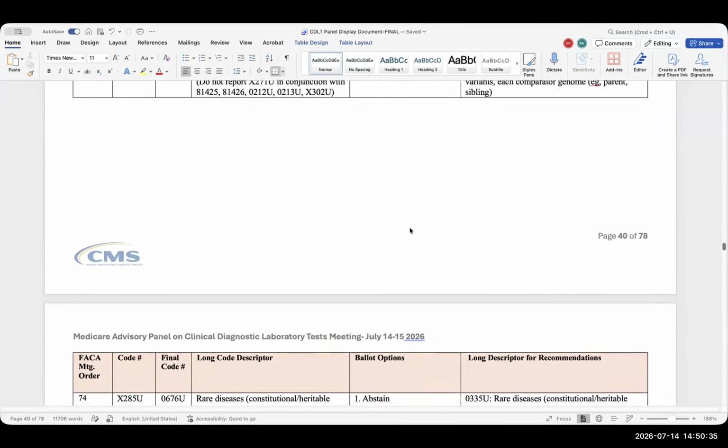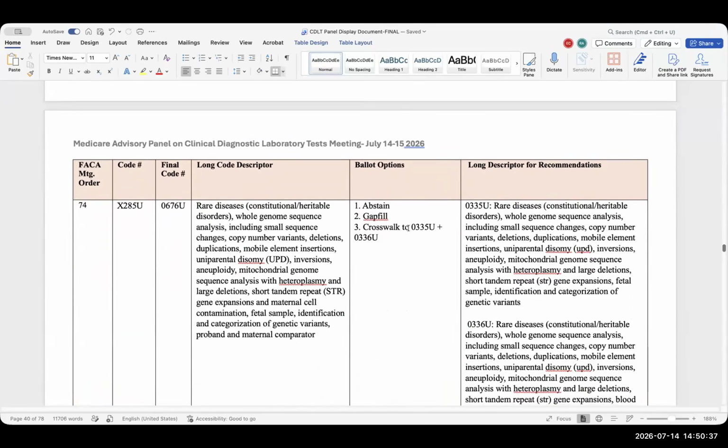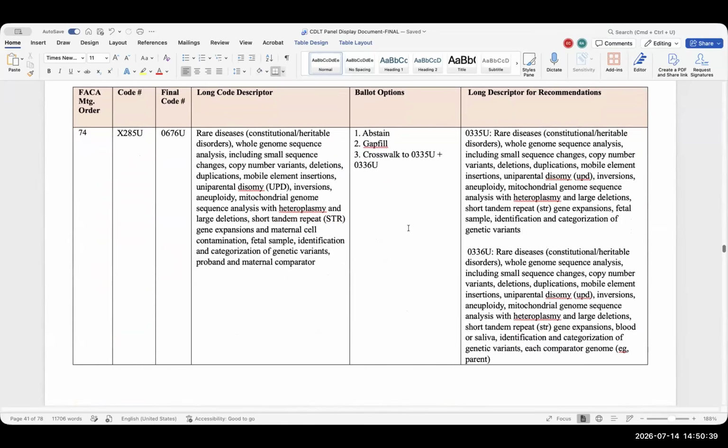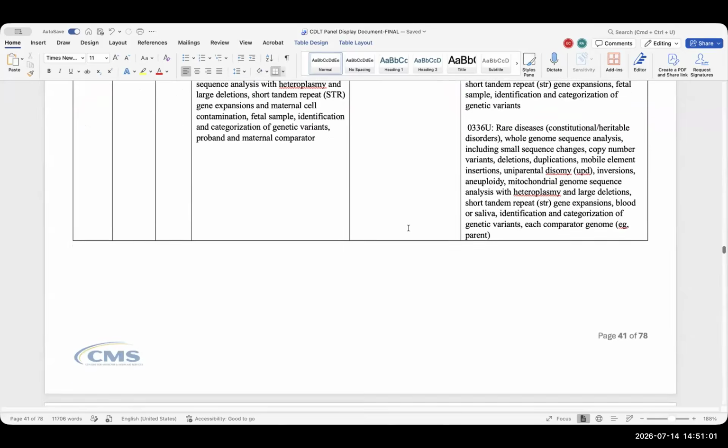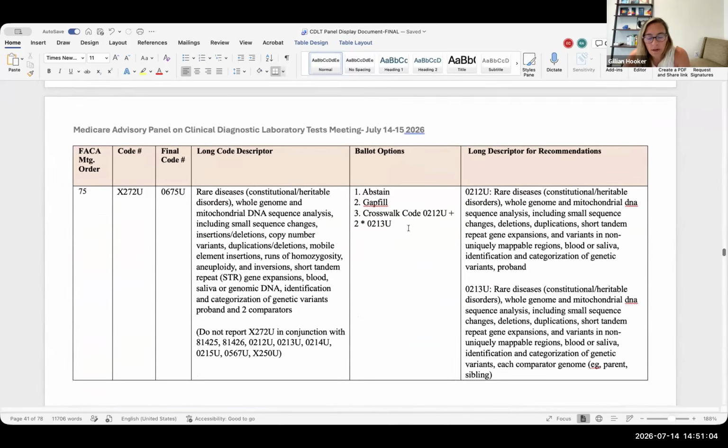All right, so I think 74 and 75 we were okay with. Correct, because there isn't the notation of long read and short read, you're presuming this is a short read, and we've got fetal sample in there, so this is a short read prenatal genome. Yeah, and this is the vote we conducted before as it's presented here, correct? We didn't change anything. Yep. Okay, so I think we're good on that then.